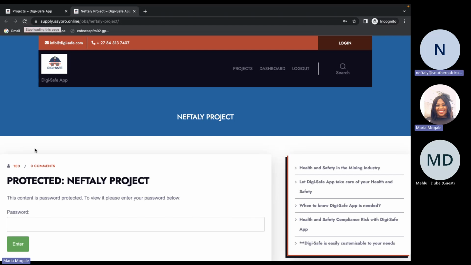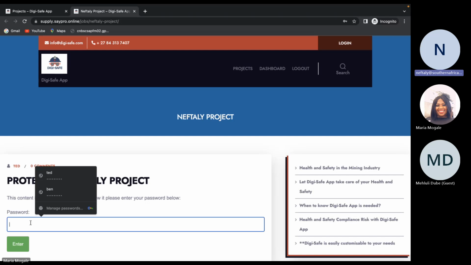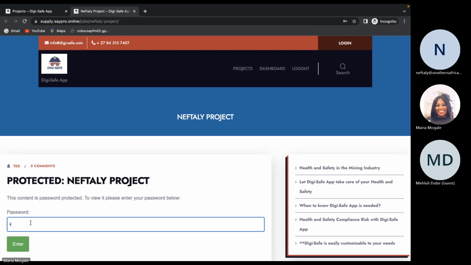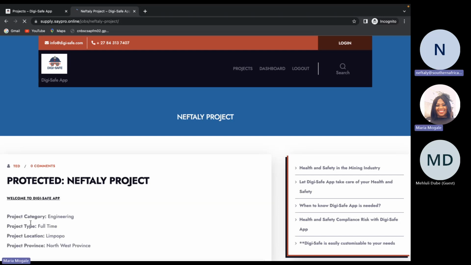Now it needs the password. You can put in the one for admin at 123. So this is the third step. The first one is visible because maybe you're giving it to multiple people. And then the second one is private, and then now it's password protected.